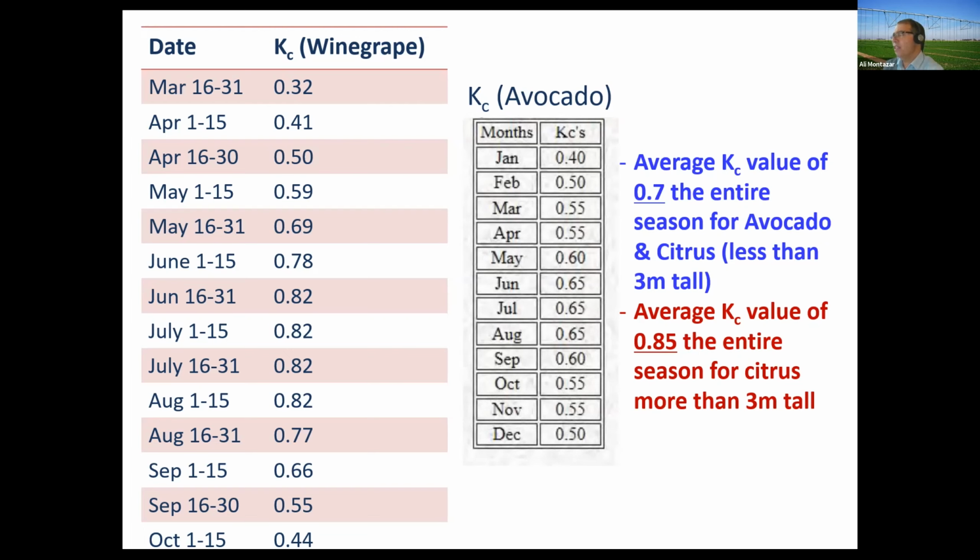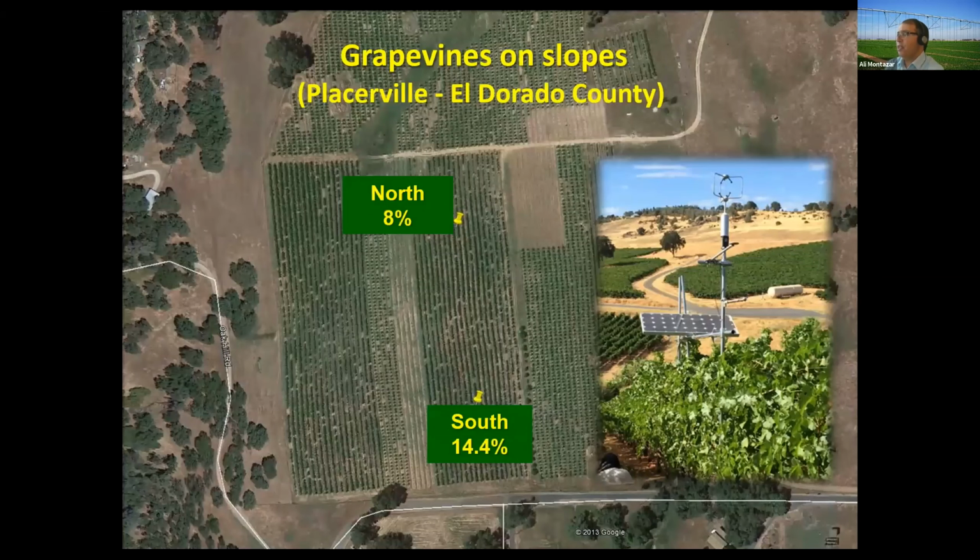But there are some other considerations, and it makes the story of KC values very complicated. This is the result of a study we did in El Dorado County a couple of years ago with Dr. Richard Snyder from UC Davis. We tried to evaluate crop coefficient and crop water use on different slopes. This is important for San Diego County because we have a lot of hilly area, and when we have hilly area, the KC value sometimes changes dramatically.